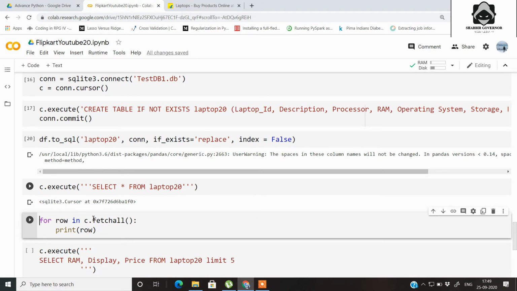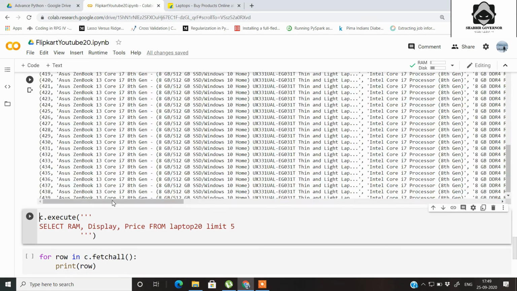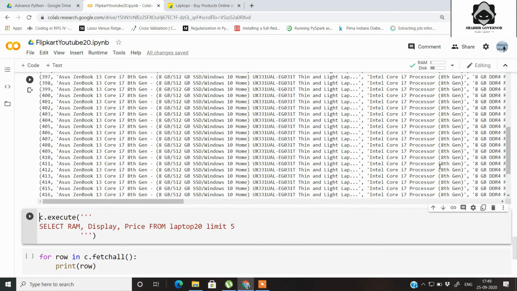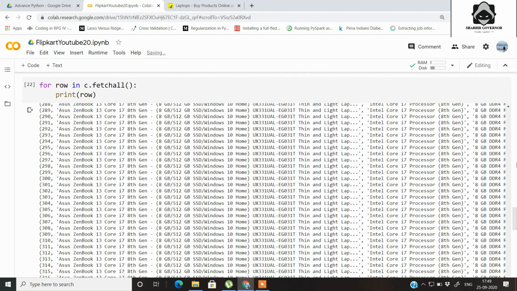Now to see all the rows and data, we need to write a for loop: for row in c.fetchAll. fetchAll is the method which will fetch everything from this cursor object, and it will print every row. So let's print it. Here you can see that we get all the data that we had scraped from the website as an SQL table.